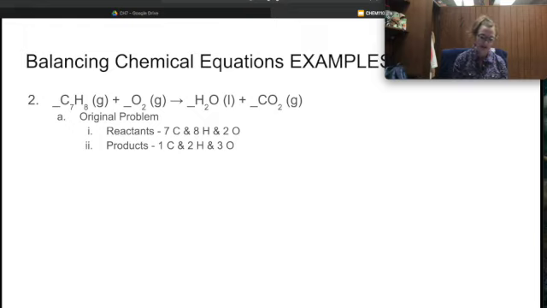So it looks like on the left-hand side, I have 8 hydrogens. On the right-hand side, I have 2. So I'm going to go ahead and place a 4 in front of the molecule in the products that contains hydrogen. That way, when I recalculate,